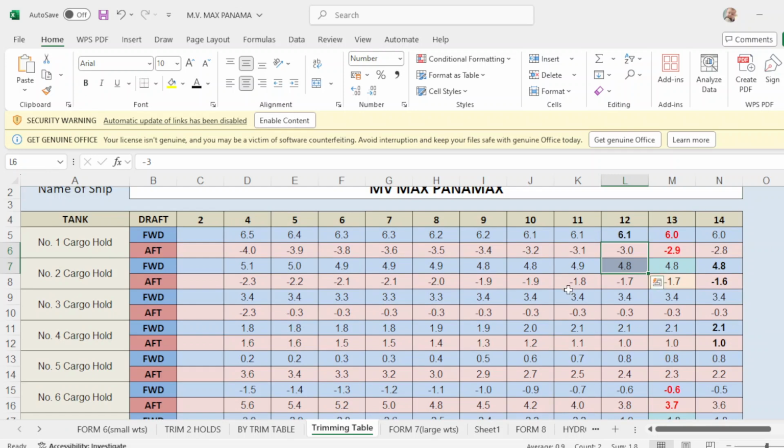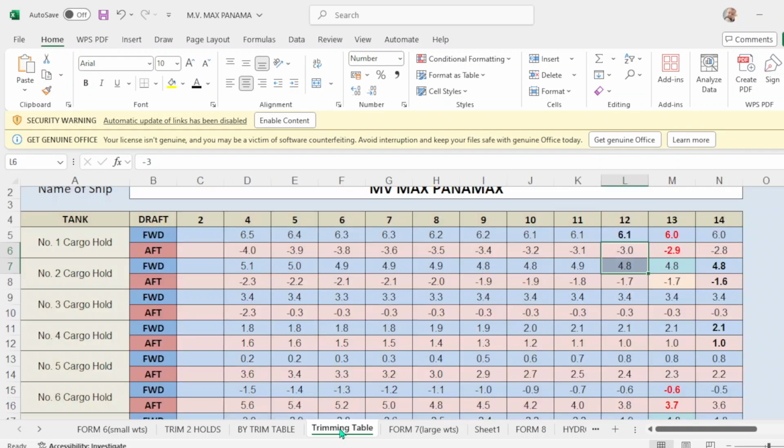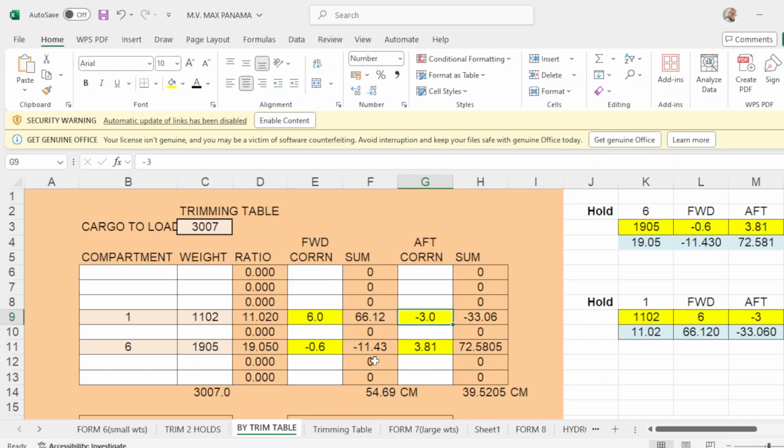So we start with hold number 1. Number 1, forward correction is 660. So input number 1 is 6, okay. I'm sorry, 0, this one is 6. And up correction is how much? Up correction is negative 2.9, okay, negative 2.9. Put here negative 2.9, okay.